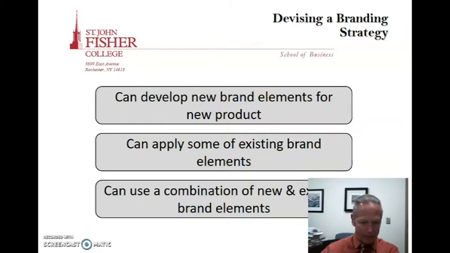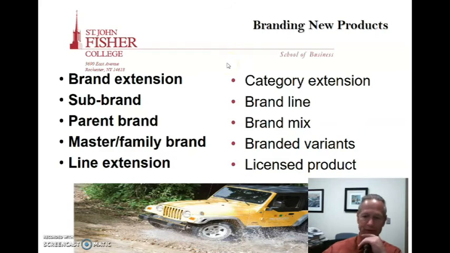I look at Under Armour. They built a brand empire really by getting the contract with the NFL for really what you would call long johns or underwear, long underwear. They got that product contract, and then they enhanced those products with other products, and now they're a strong athletic brand. You can apply some existing brand elements to the strategy and then devise some other ones, like the way people think about you, some of the press releases, etc., that you have in the newspaper or in the media. Or you can use a combination of both. And to tell you the truth, most people use a combination of both.